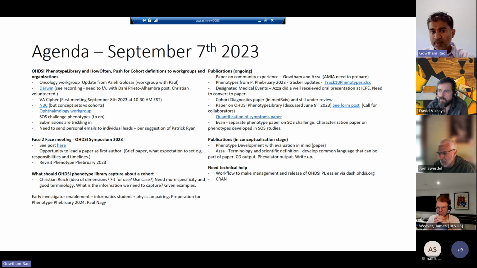Yeah, I agree with what Aza is saying, and I have reservations on the use of the term phenotype. I do not have objections to creating a repository of concept sets or codelists. That is fine. But calling that repository a phenotype is something that I'm concerned with. That is because the word phenotype has a definition associated with it, and the definition is a changeable state of an organism. So a state of an organism can be represented by codes, that is hypertension codes or heart failure codes. But the change in the state is not represented in a codelist.